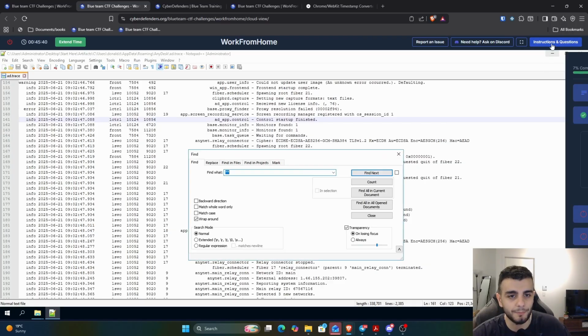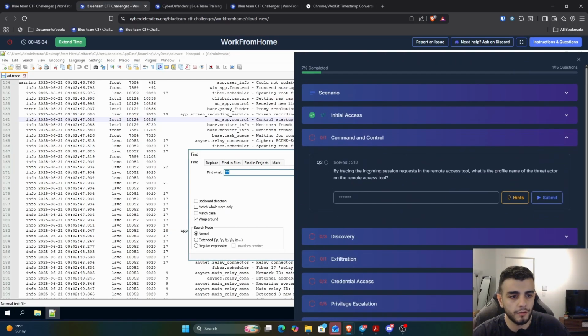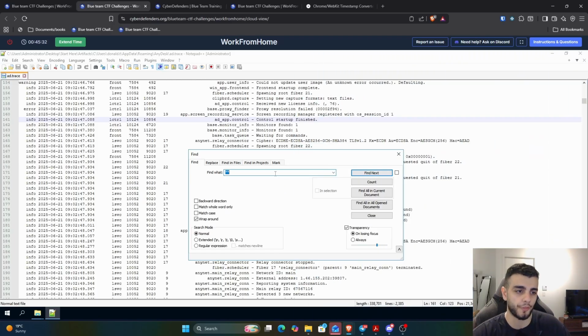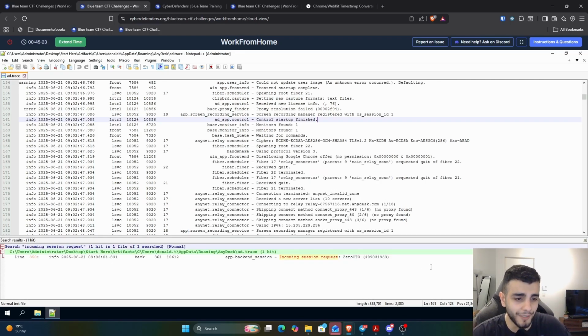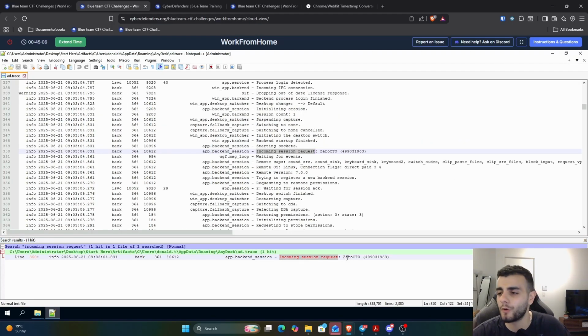So since they talked about, like we said, an incoming session request, we're gonna search for that. So we're gonna put incoming session request, and we're gonna do find all in current document. And here we go. As you can see here, we have one hit, and if you look at the line, it's at 9:03. So it's immediately after it got downloaded, we have this incoming session request with a profile called